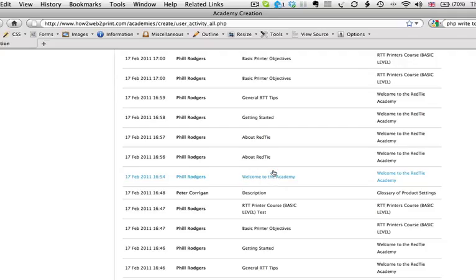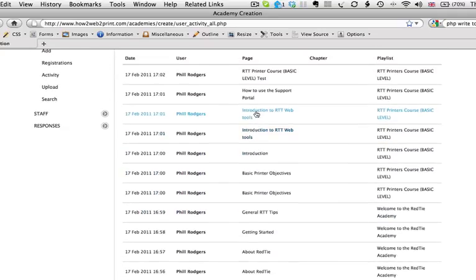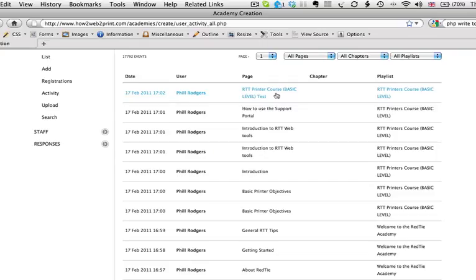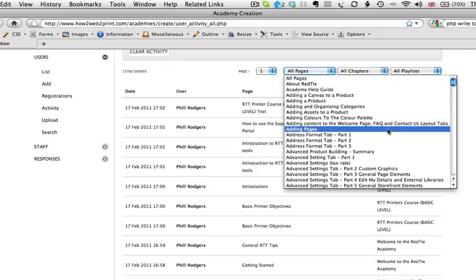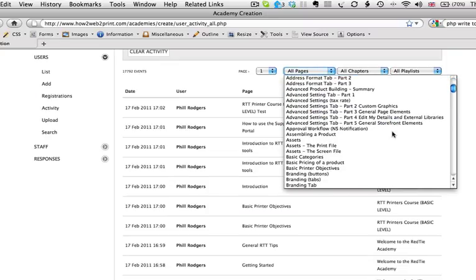And if you'll remember from earlier in the movie, I clicked this twice, I went through these lessons, and then I eventually ended up on the basic level test. So it's logging everything I do, the times and how long I spend on this. Now Redtie use this information to great effect when people request support. If they email or call and say, I just don't know how such and such works, what they're able to do is come in here and find out,